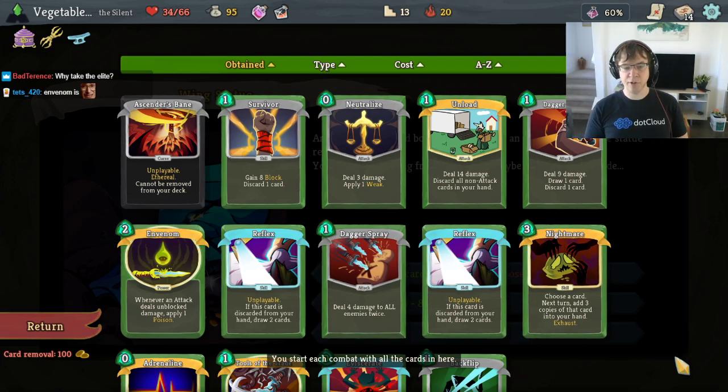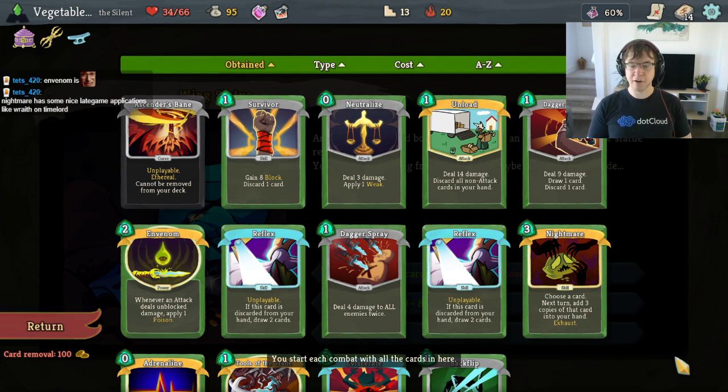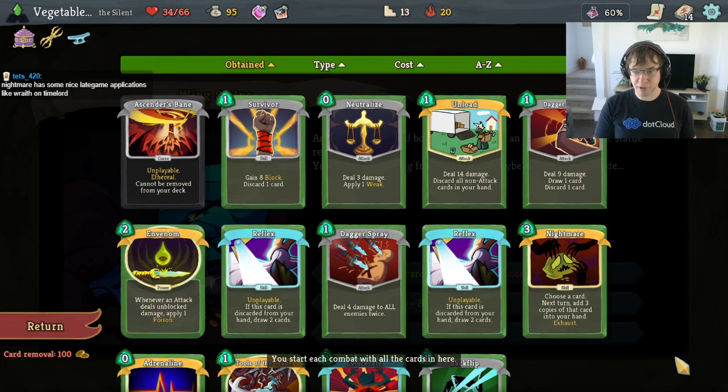Dagger Spray's okay in Act 2, though, too. It's not like we're desperate to get rid of Dagger Spray. Nightmare has some nice late-game applications. Yeah, for sure. Nightmare gets super good later. Nightmare gets very busted. And we've got an Adrenaline in the deck, so...